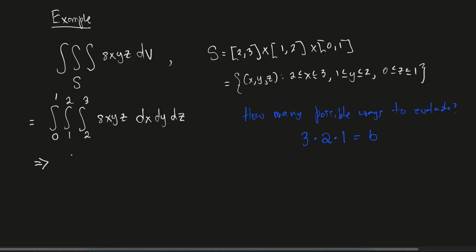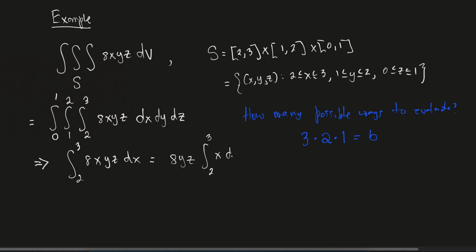So first one, we're going to go from 2 to 3, 8xyz dx. So when we're integrating with respect to x, we treat all the other variables as constants. Now, because everything here is being multiplied, there are a couple of things we could do. We know we can always factor out something like an 8, but because we're integrating with respect to x, we can also factor out a y and a z. So we can take out 8yz, and then here's what we have. So 2 to 3,